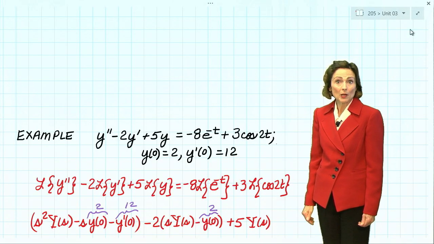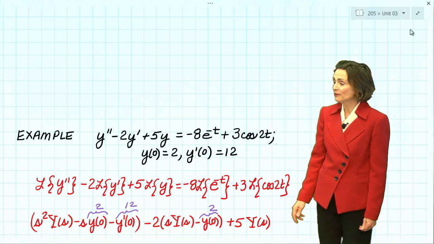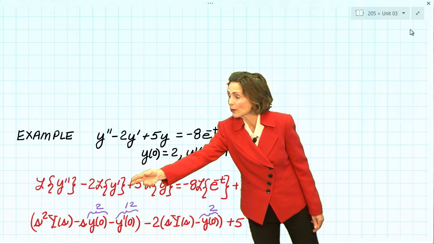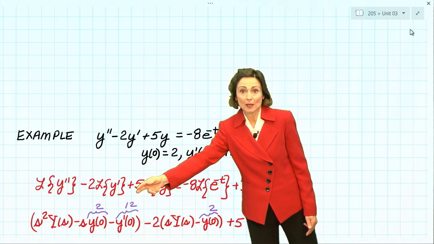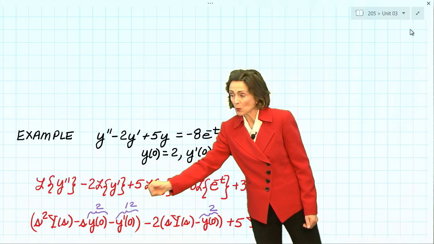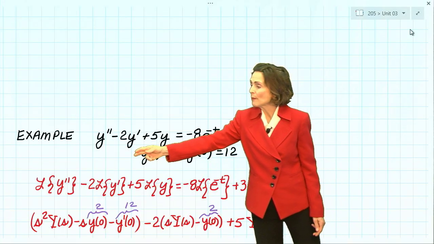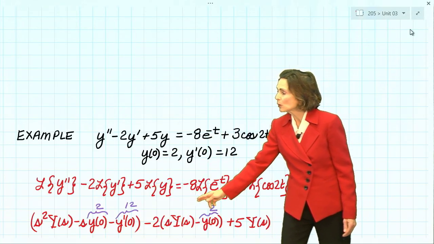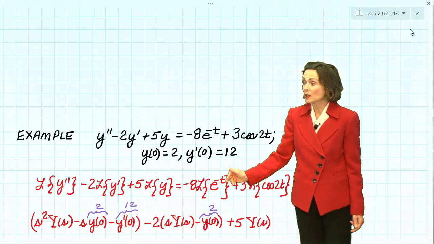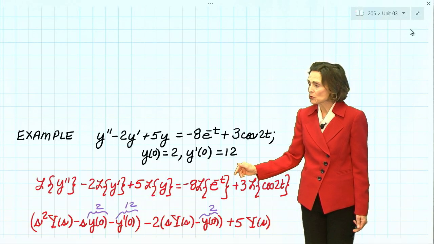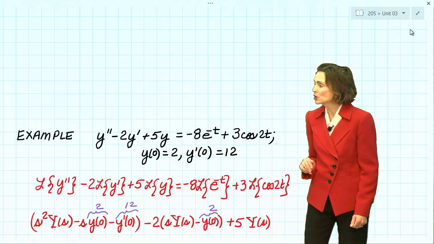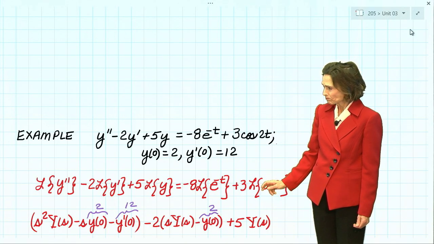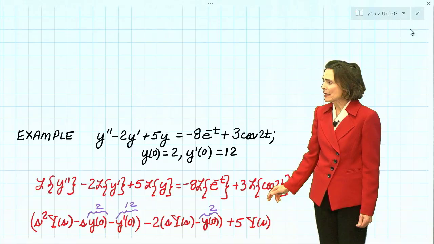We know how to take the Laplace transform of the second derivative. So that's s squared capital Y of s minus s little y at 0 minus y prime at 0. Then we have minus 2 times, and what you see in parentheses is the Laplace transform of the first derivative, s capital Y of s minus y at 0, but that's 2, plus 5 Y of s, and that is